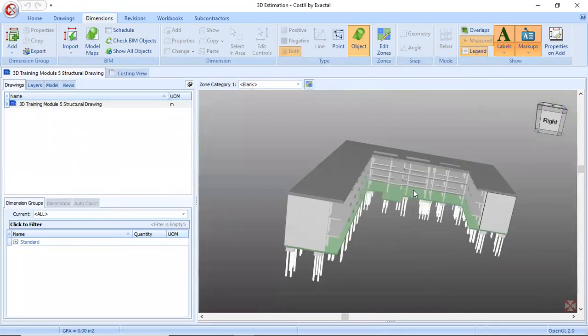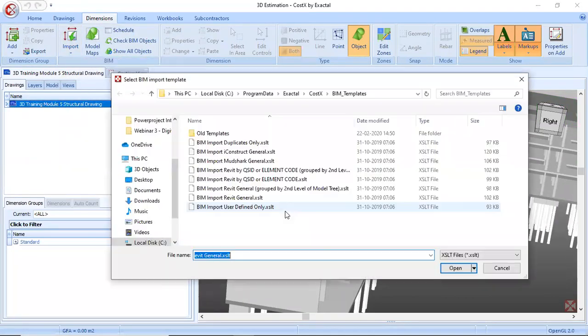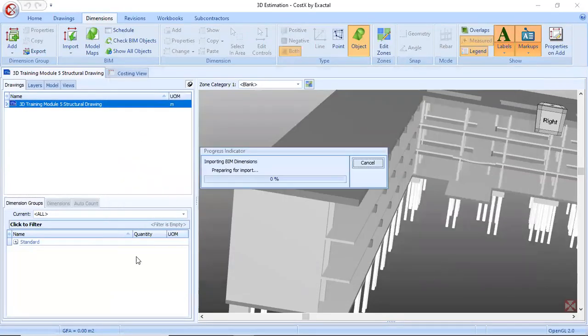Now to automatically extract the quantities within the BIM model, you can use import using BIM template. Select a template. This template helps us to read the quantities available within the BIM model, and it extracts them inside Costex for us to do our estimate. Open it here.